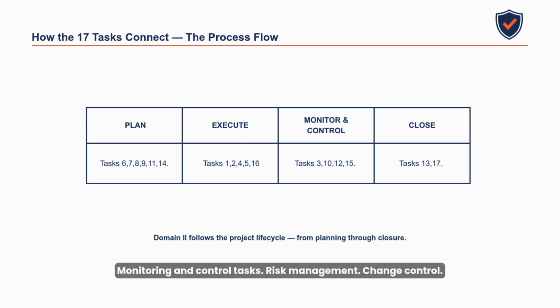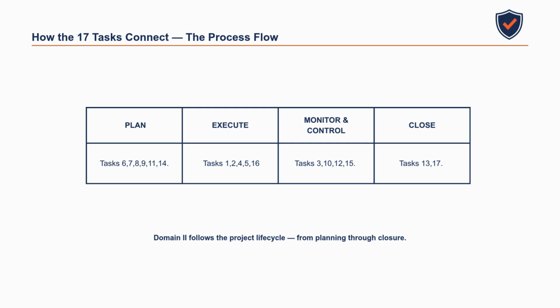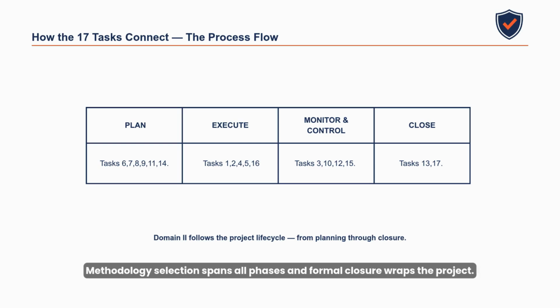Monitoring and control tasks: risk management, change control, artifact management, issue resolution. These keep the project on track. Closure tasks: methodology selection spans all phases and formal closure wraps the project. On the exam, knowing which phase a task belongs to tells you what actions are appropriate at each point in